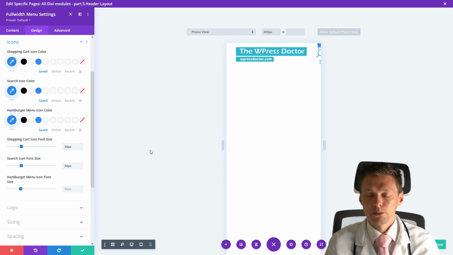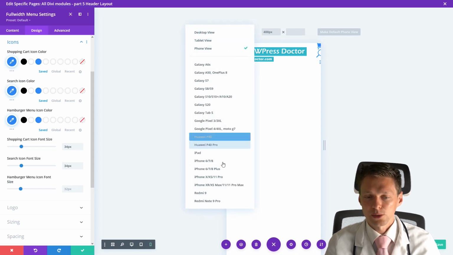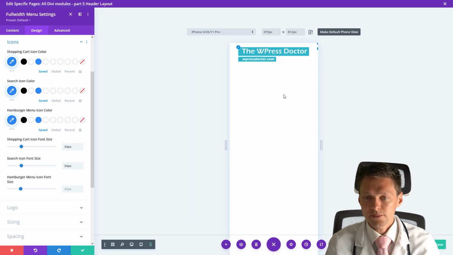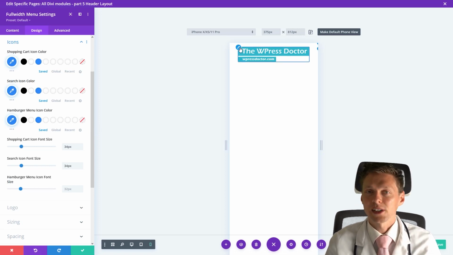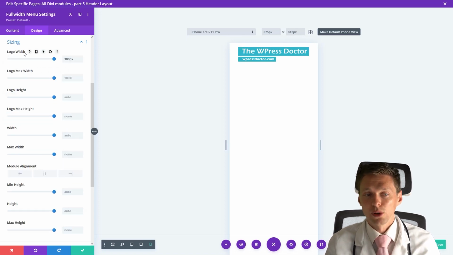When you go to mobile, you can see right now that something's a little bit off. Let's go with an iPhone. You can see that the entire menu has just fallen off right there. Why is that? It is because of the size of the logo. If you go to sizing, you go to logo width,